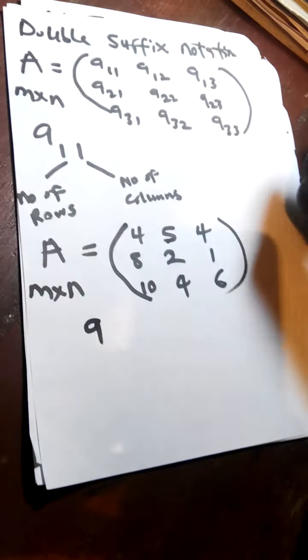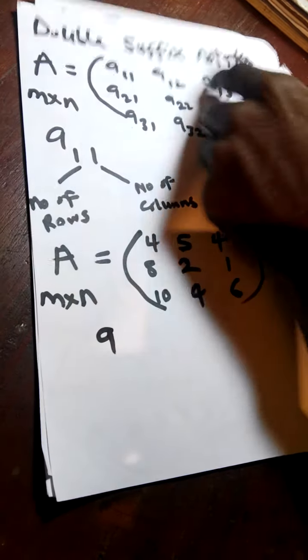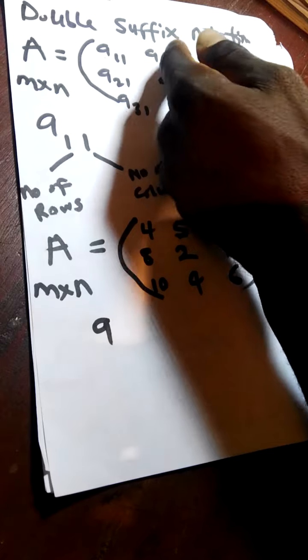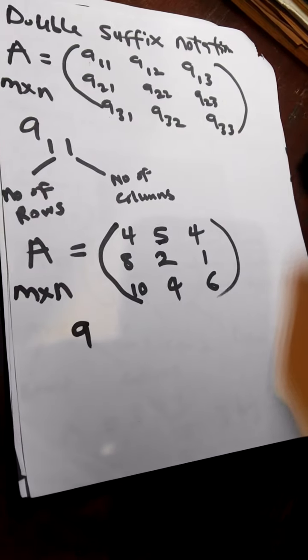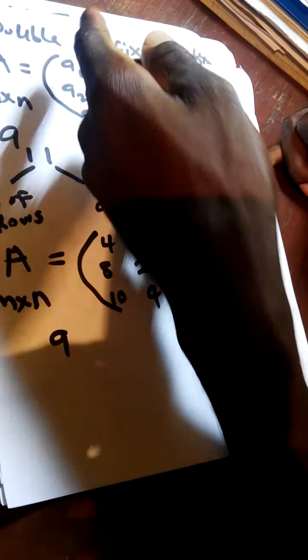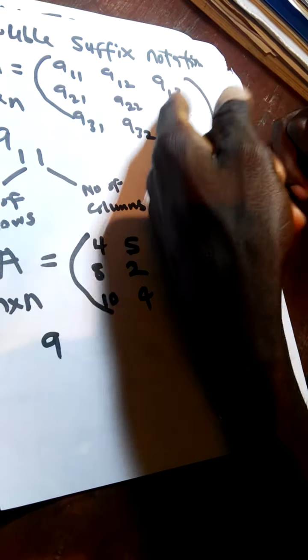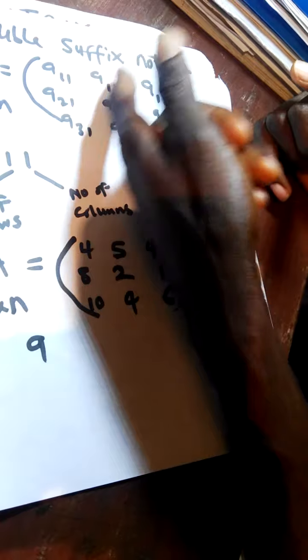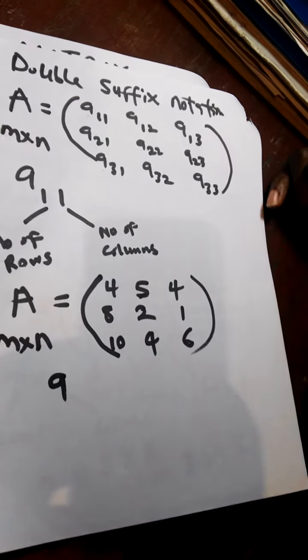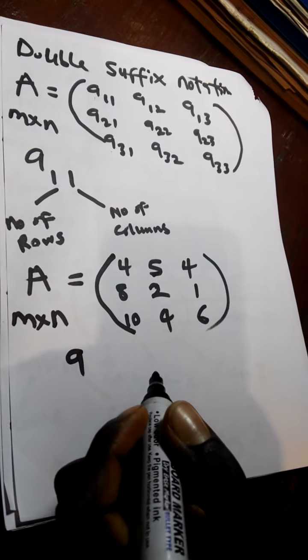It can be anything. Here it can be B. It can be alpha. It can be C. Just represent it by any other letter. You understand? It must not be A. It can be Z. It can be K, K11, K12, K13, just like that. Now, we are using A.